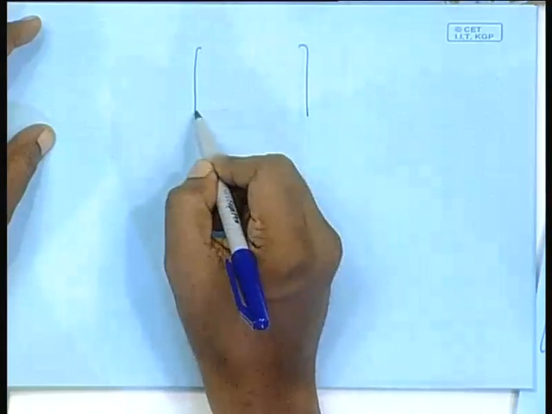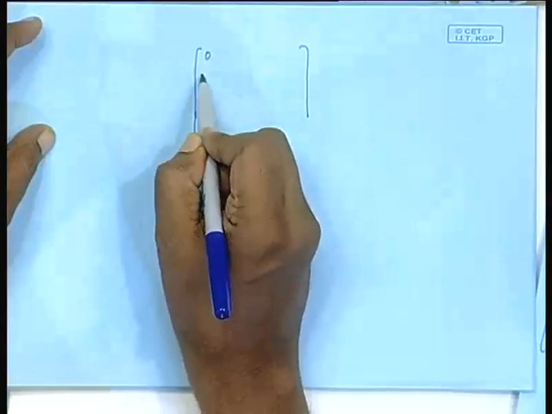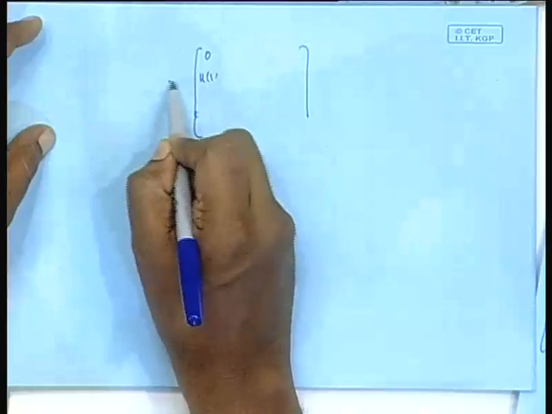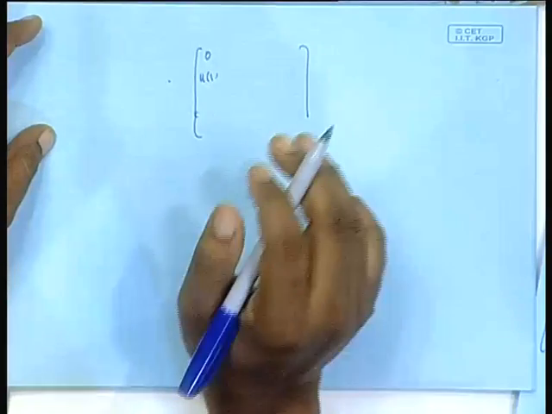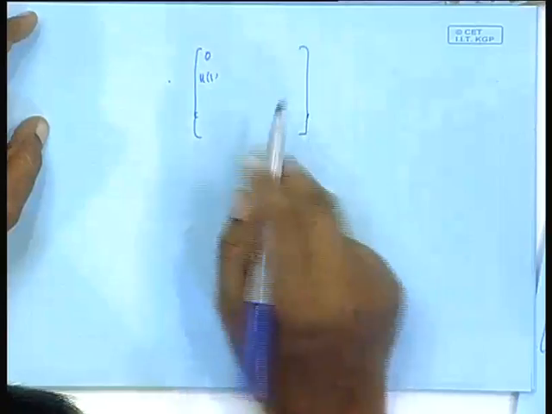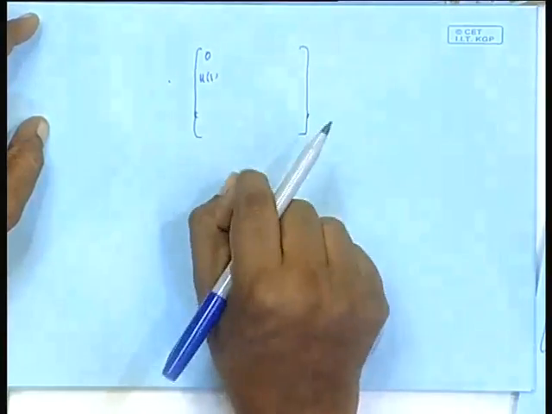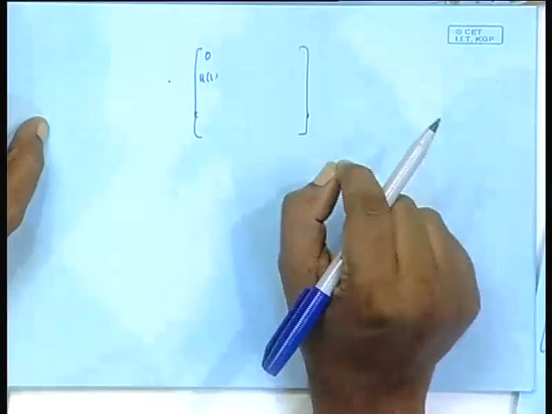Remember, all throughout the derivation, I have not changed the order. Order was fixed. We moved from nth index to m plus 1 index, where m was m. m was never changed to m plus 1 or m minus 1. But here, at n equal to 1, see my matrix, I will write like this: 0, my data starts at 1, this is n equal to 1, and I will be considering this particular case, linear dependence independence, for the filtering case.